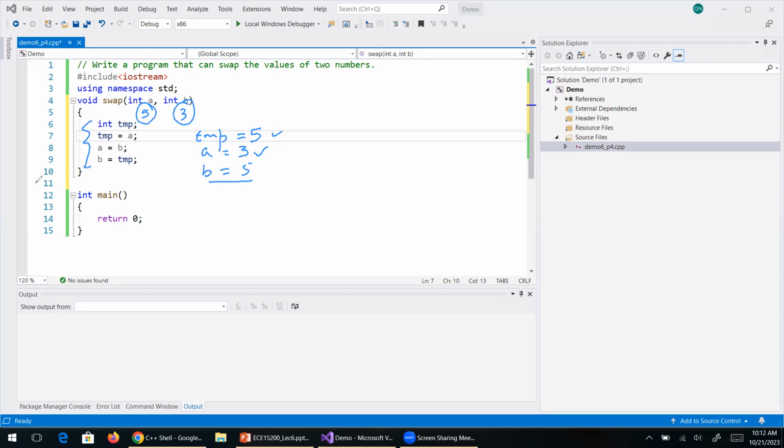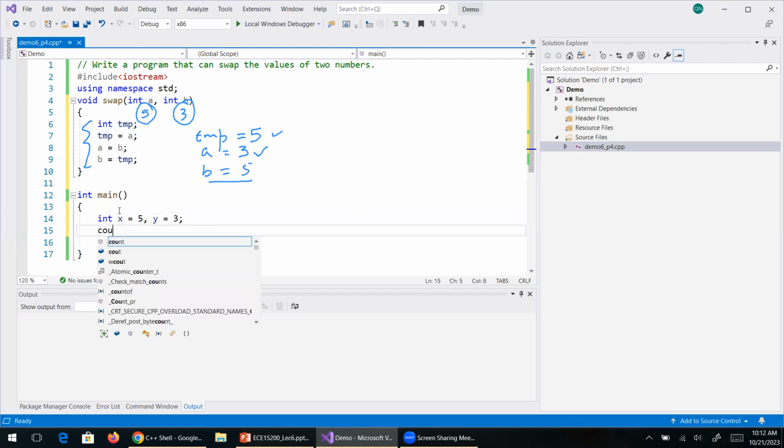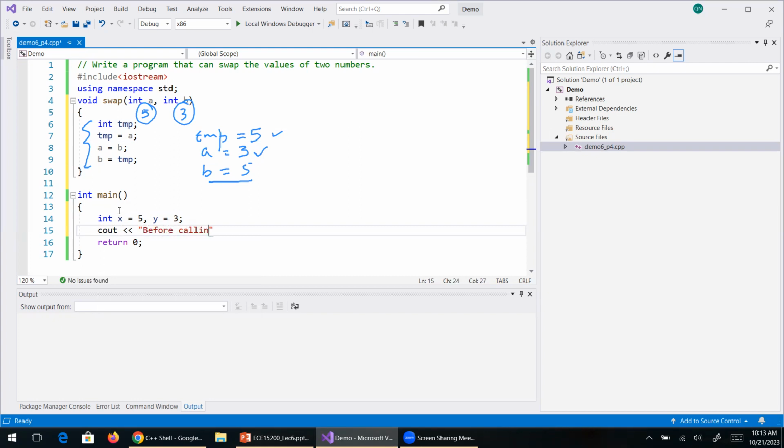Now here, let's write code here. Let's declare two variables, x, which has value 5, and y, which has value 3, right? So x and y are integers. x has a value of 5, y has a value of 3. And here, I will fill in this. Before calling swap, a, in this case, x,